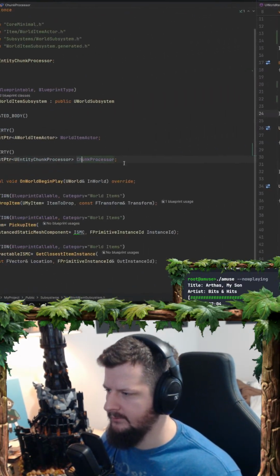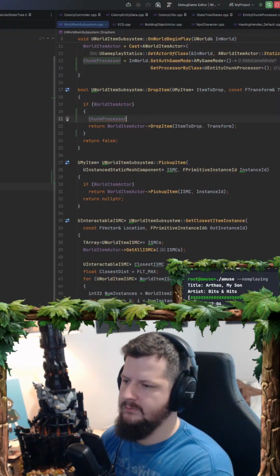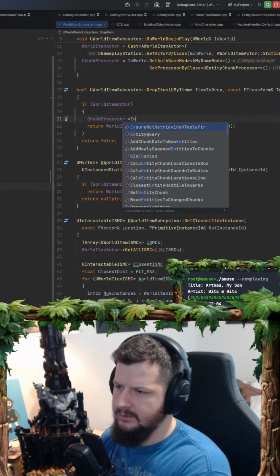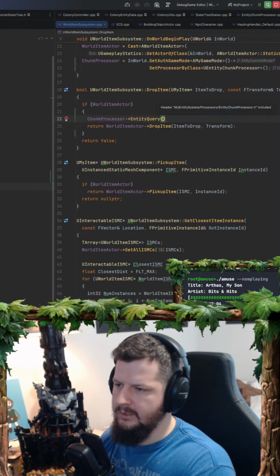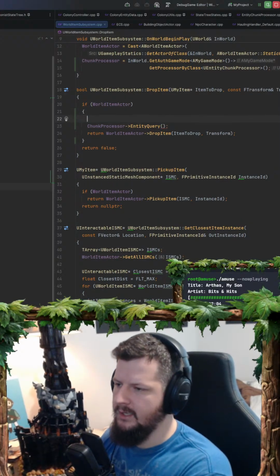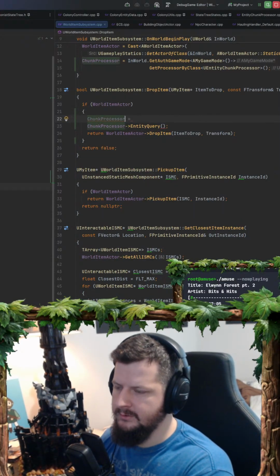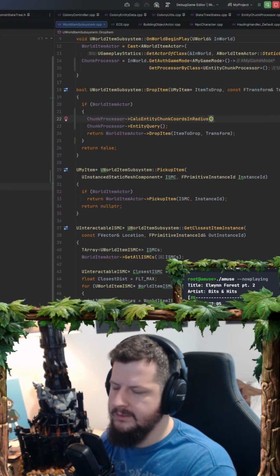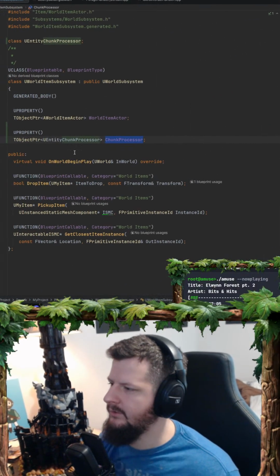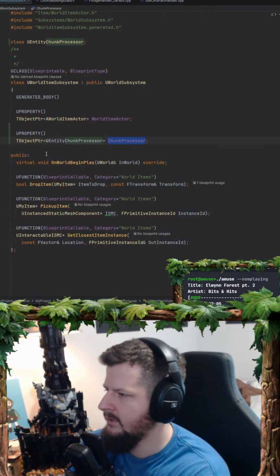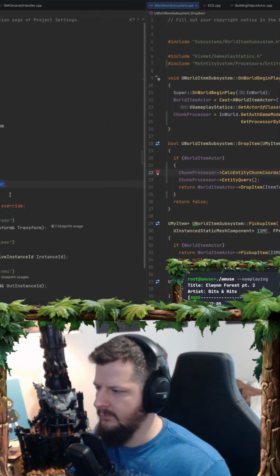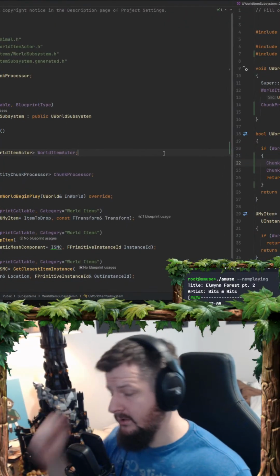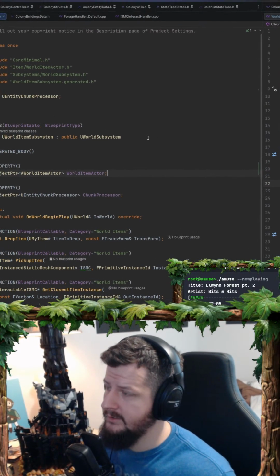So slap that in there. So we should have that by this point. Chunk processor entity query. Hold that thought for a second, because we need chunk processor calc entity chunk coords in radius. Yeah, and then I'll probably want a, this is world item subsystem. Let's go to game mode, and this is a good